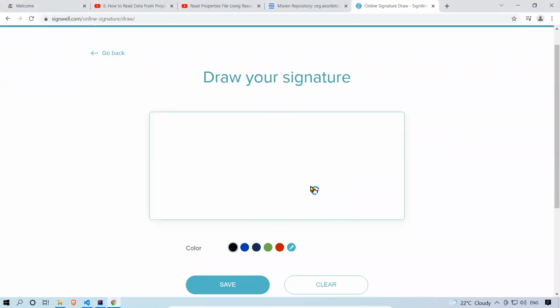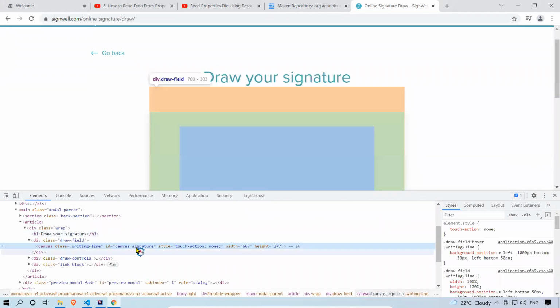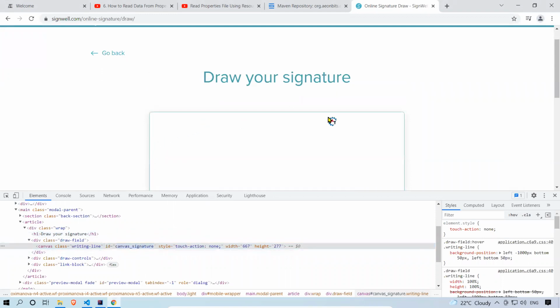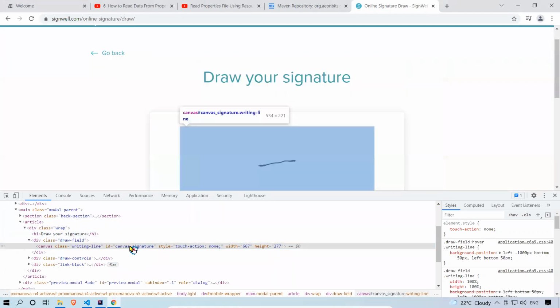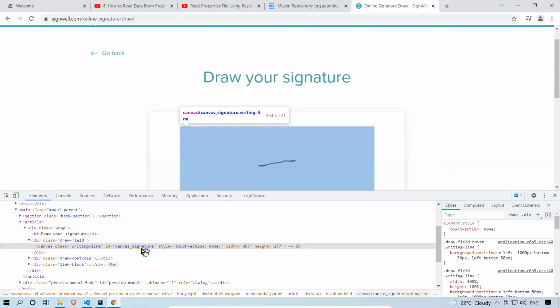We'll see whether it is possible or not. You see this is a canvas and I have the ID, canvas signature. The entire area is not the signature area, only this canvas signature. You see how much area it is highlighting, only that much.